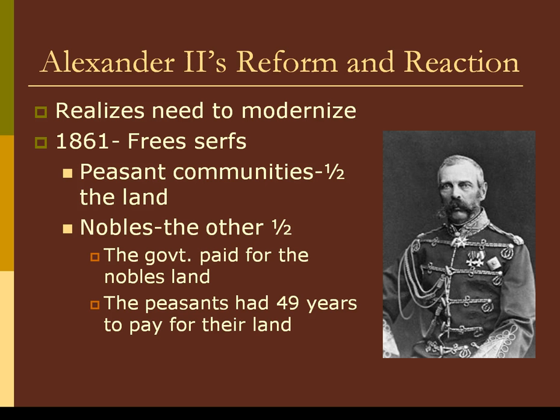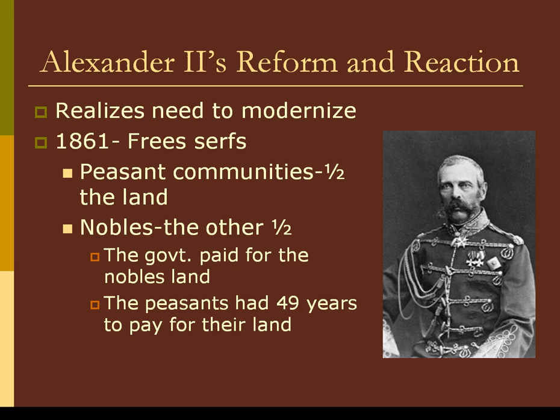But they required the peasants to pay for their land within 49 years, or until 1900. After that, the peasants would either have to give up their land or it'd be taken over. This makes no sense. The peasants don't have the money to be able to pay for that, but yet they're requiring them to pay for it. And this was a strategic move on the behalf of Alexander II, because he realized that this was a way to keep the nobility sort of under his belt. He was able to keep them on his good side.